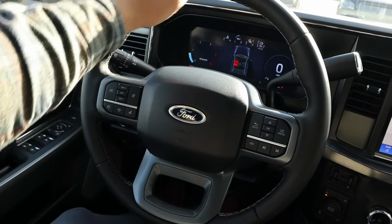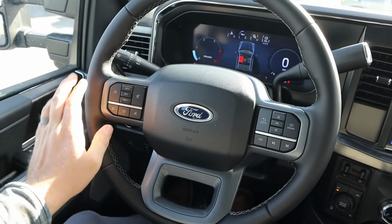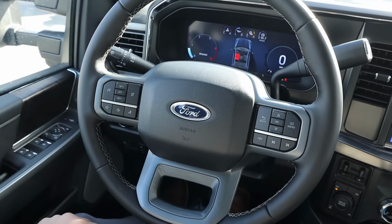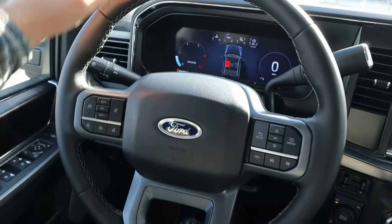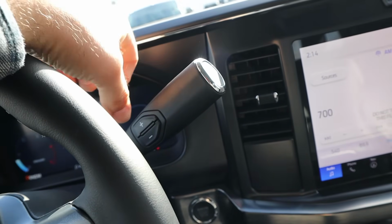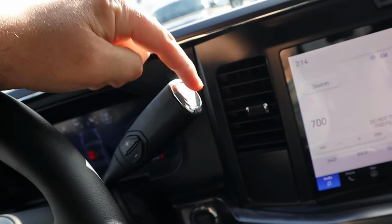Here's a quick look at the steering wheel. Soft touch all around. A bunch of practical controls here on the front, like cruise control, volume, voice command controls, controls for the center, got your turn signal, windshield wiper stock. Column shifter here, too. Plus and minus to manually shift, and there's an M there on the end to pop